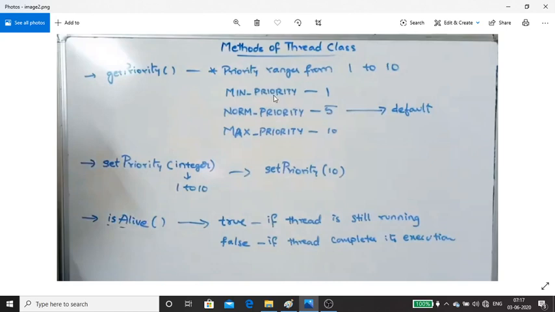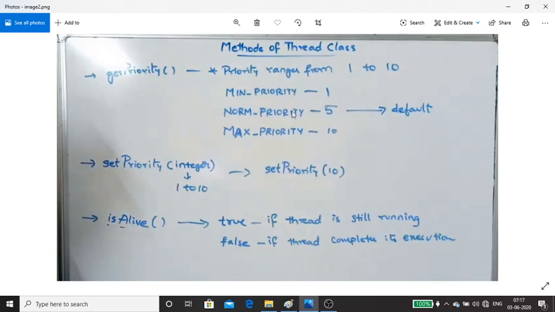If you want, you can use these three constants, or you can specify some value between 1 to 10: 1, 2, 3, up to 10. If you give any value other than between 1 to 10, it will throw an error. And if there are two threads, and you set the priority of one to 10, that will execute in the beginning.